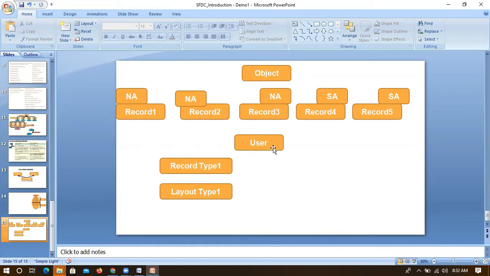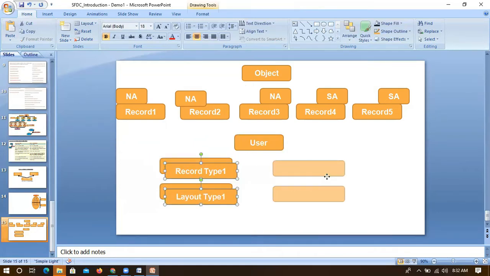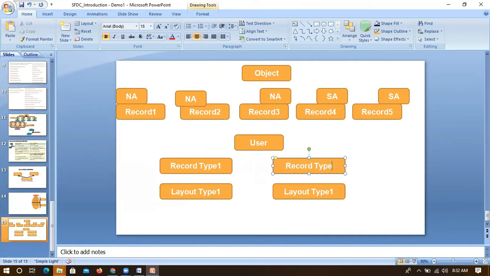Likewise, a user comes and modifies this record type to record type 2. Once he modifies that to record type 2, in the backend we have already given something by default. This record type is connected with layout type 2. So when the user selects record type 2, he will see only the related information available for layout type 2. Only those data can be seen within this record. Likewise, we can create multiple records with different categories.